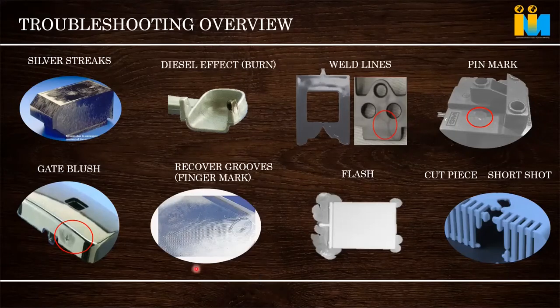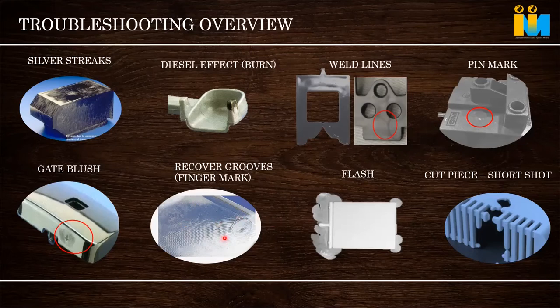This is a record groove or finger mark. Has anybody seen this mark? Have you seen this type of mark on the molded part? So what is it actually? When the raw material is injected, it doesn't get proper back pressure. What happens? It flows, stops. Again, it flows, stops. It happens in microseconds, we cannot even think of it. It is not able to flow freely. So it flows, stops, flows, stops. What happens? It will show as a finger, stopping, going, stopping, going. So that mark is shown as a finger mark.